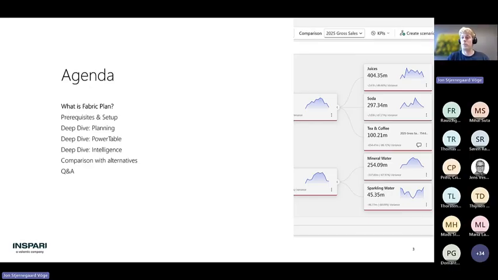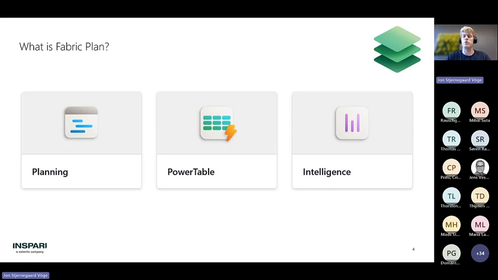So what is Fabric Plan? I think the best way to describe it is that it's really a suite of tools. It almost feels like it's adding an entire new experience to Fabric, even though Fabric Plan is technically part of the also new Fabric IQ experience, which also includes ontologies and graphs and I think technically semantic models. But Fabric Plan is an item in Microsoft Fabric that you can create, just like any other item, reports, lakehouses, semantic models, all those, they are all items.